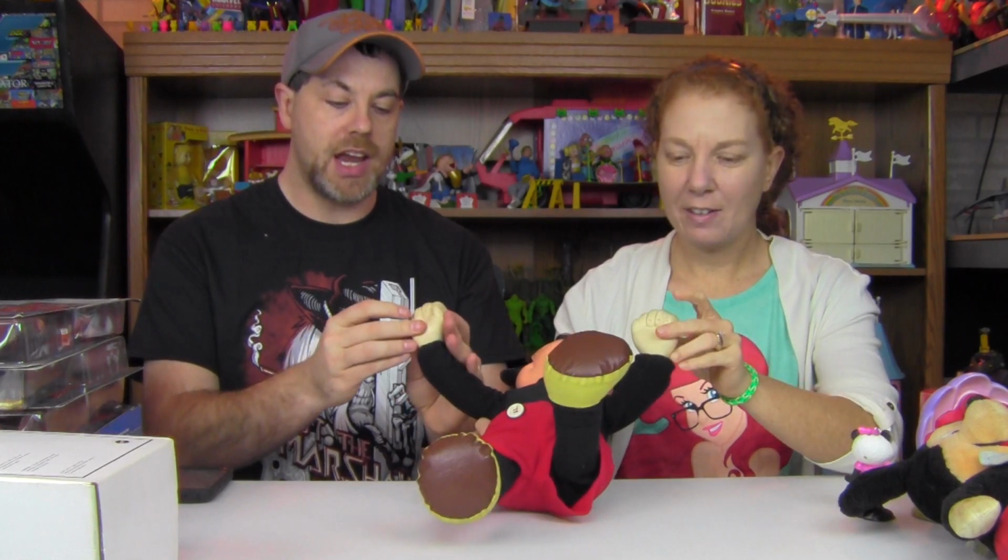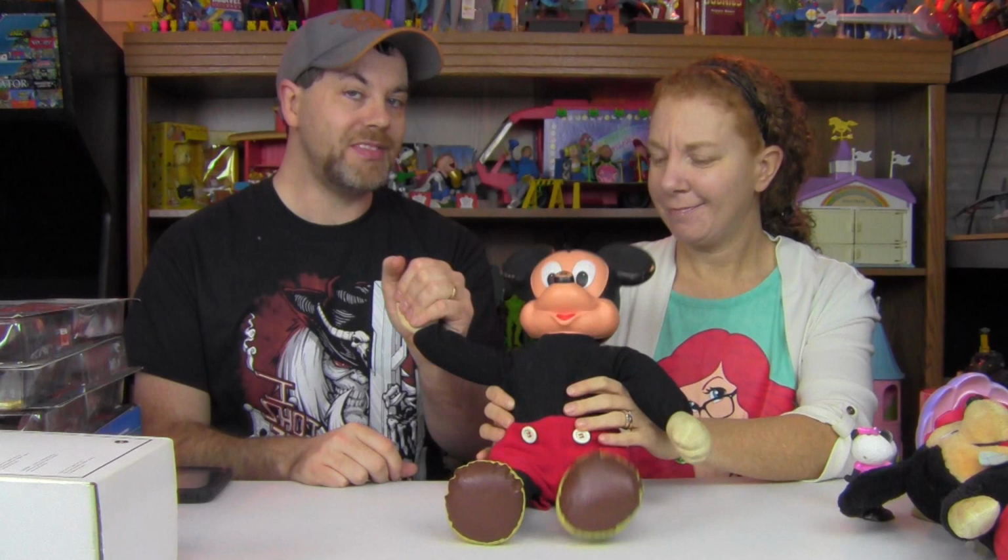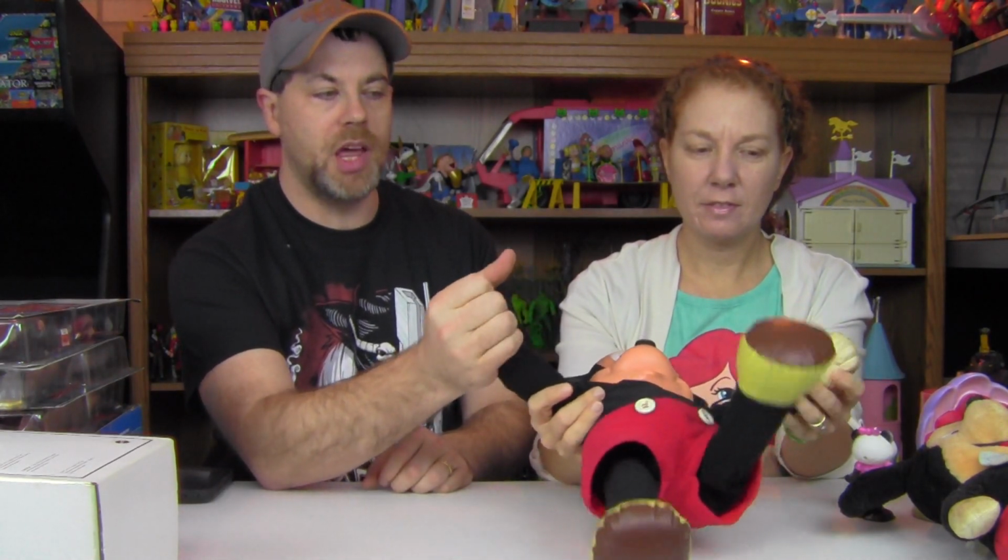Which is, and the fact that he has 5 fingers. So it's pretty unique in the... Made for Hasbro. Yeah, for Hasbro. It's pretty unique in the Hong Kong realm of... I'm pretty sure that these hands were sculpted for something else of the same ilk, and they just used the same functionality for it. So, wow, Mickey's leg was like...